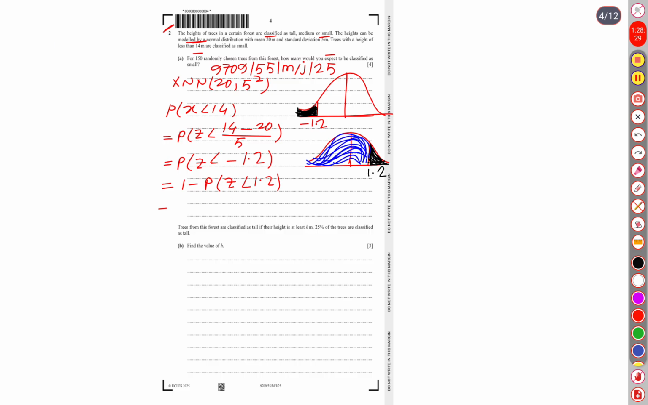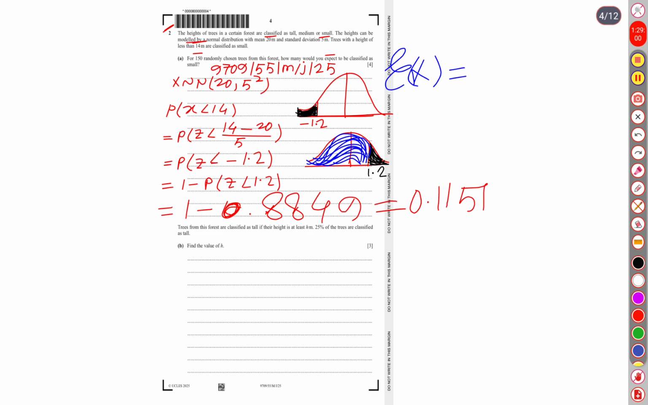So 1 minus 0.8849. Hence our probability, if we subtract this, is going to be 0.1151. Now our expected value. Our expected value is going to be 0.1151 and the total number of